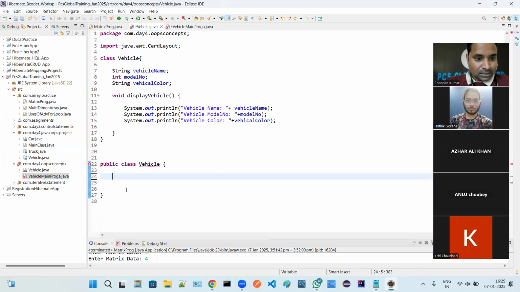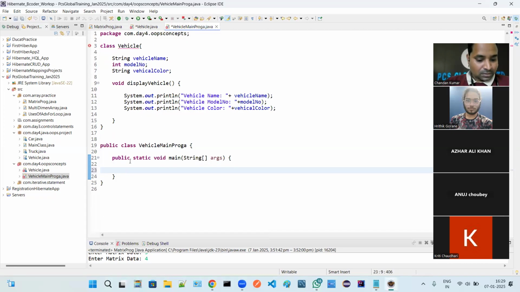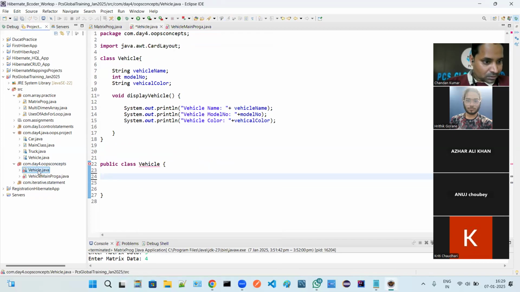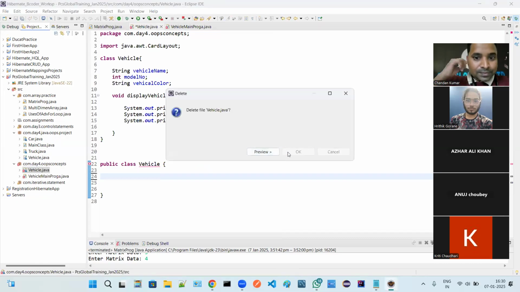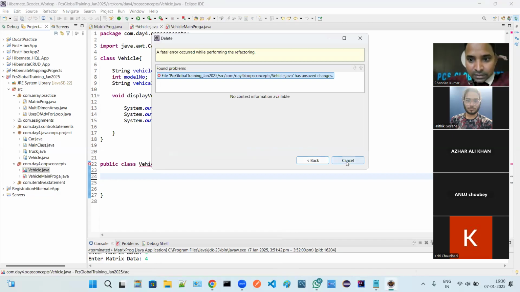Guys, let me change my headphone, the battery is getting down. Now it is coming. Fine. Let me remove it. Let me check it. Change it.